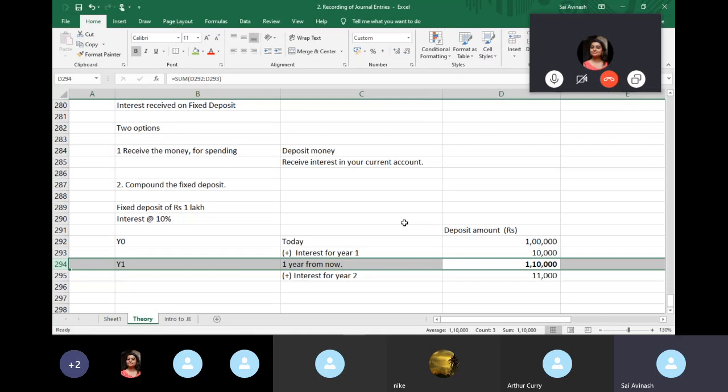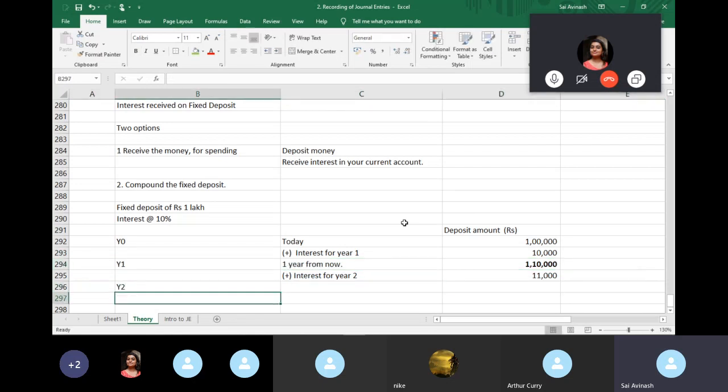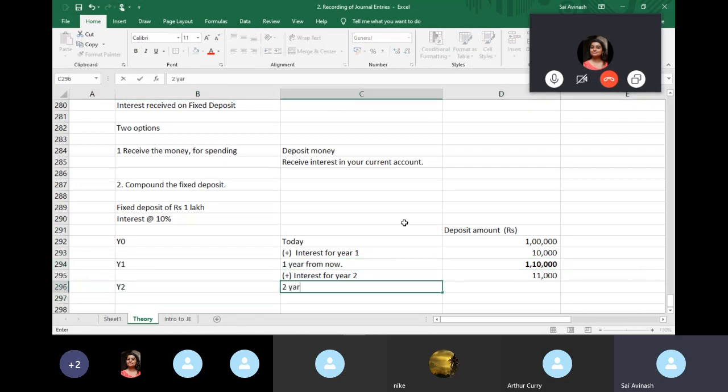But I told them, guys, don't pay me the interest now. You keep that interest also, and you use it. And next year, when you pay interest, pay me for the new value, which is the 1 lakh I had already given you, plus the 10,000 which you had to give me, but I asked you to keep it with yourself, right? So at the end of year 2, 2 years from the beginning,